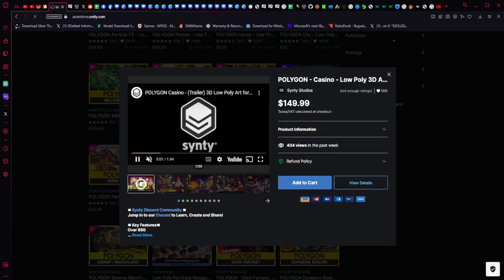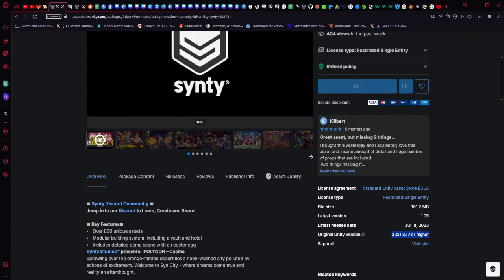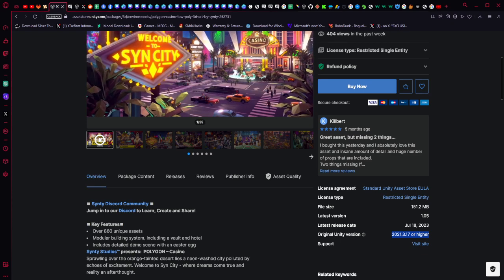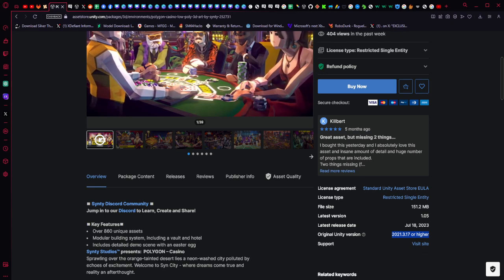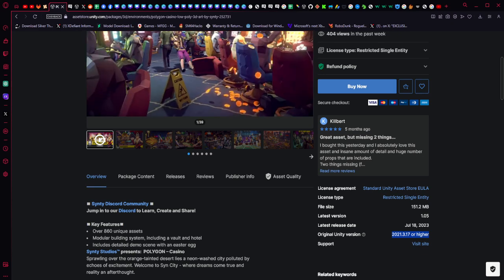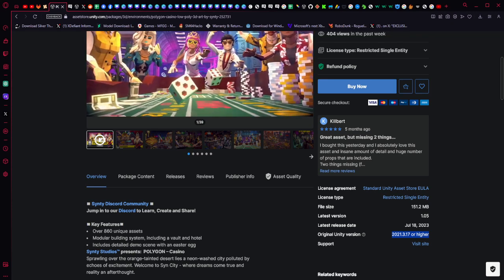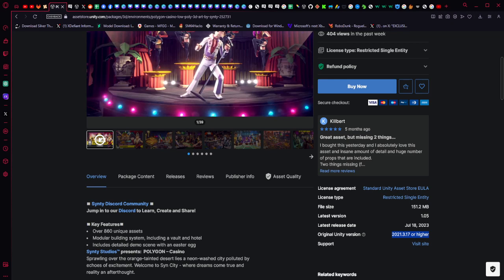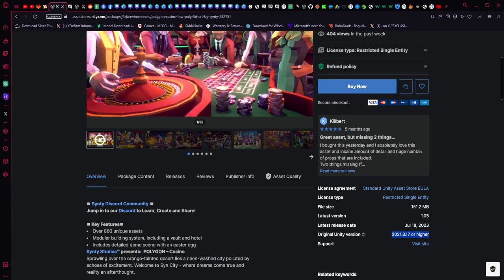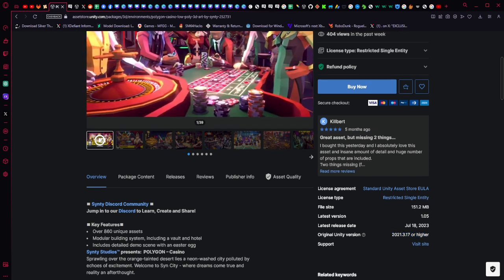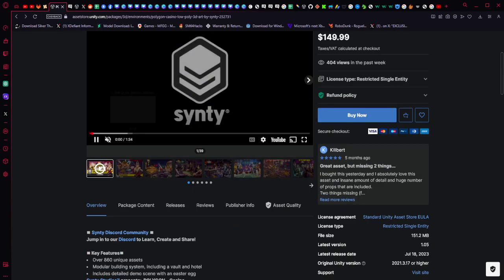Most of these, if you go to view details, are going to require at least the 2021 version of Unity. And with 2022 coming to VRChat, this one can be used, assuming of course you buy it for 100 something bucks, and you have the correct Unity version or higher. Okay, so 2021 is required for this one, and 2022 is going to fulfill this nicely. Assuming of course you want a casino for your PvP. That is up to you, not up to me.